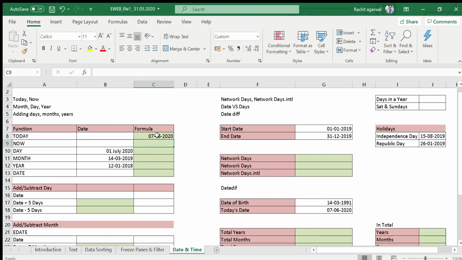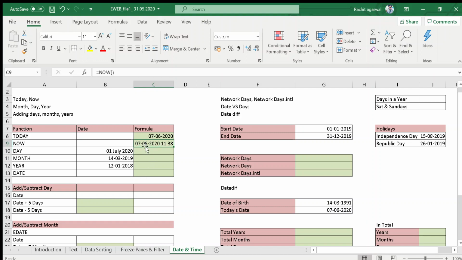You will get today's date, that is 7th June. Now if you also want the date plus time, including the time, around 11:38, press equals, use the NOW formula, bracket start, bracket close, press enter. So here you have got the date and time as well.